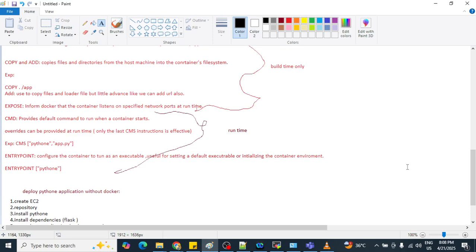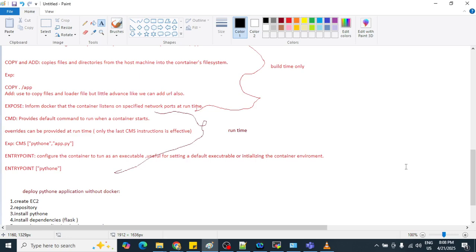So in this video, I am going to explain that same thing: if you need to run it with the help of Docker, how you are going to create that particular Dockerfile, and in that Dockerfile how you are going to put some instructions.